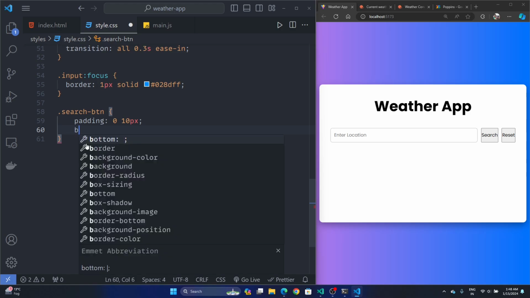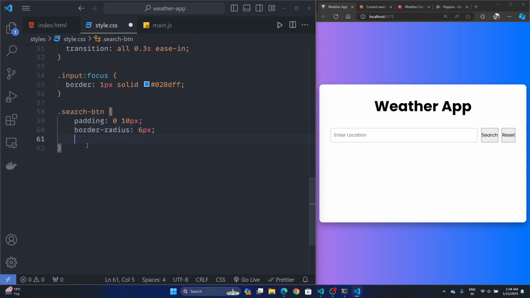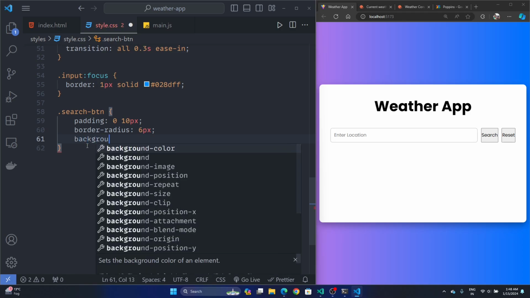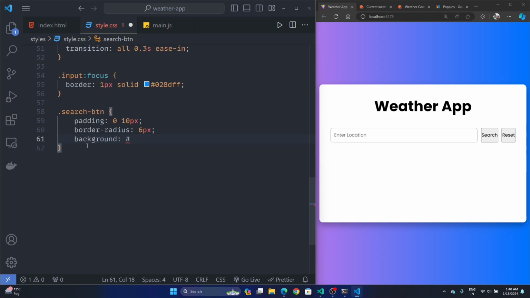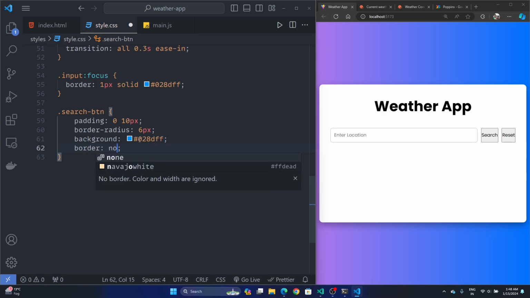Then border radius of 6 pixel, and then we have the background of, this is a hex color which is the same one as this one. So we can copy that and paste that here. Nice. And then we can do border of none,